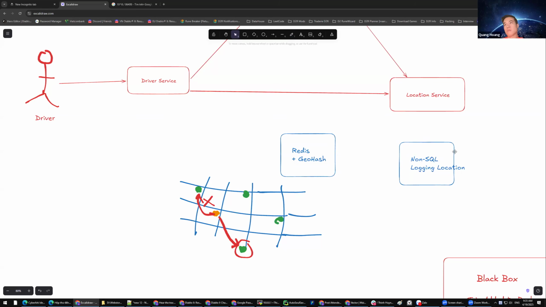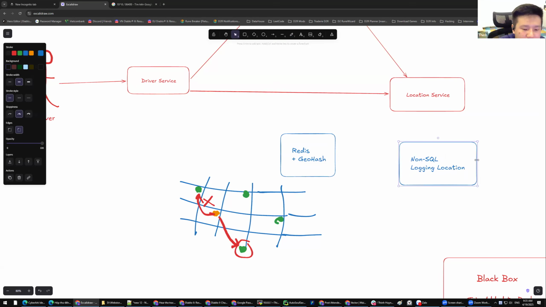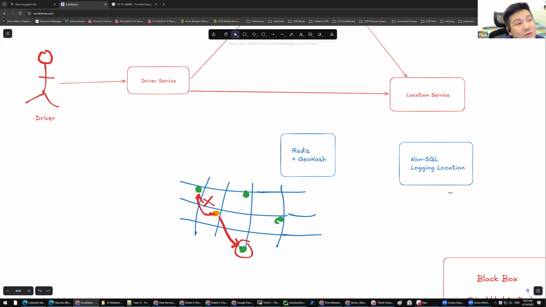For NoSQL, let's say we have two examples. We could use MongoDB or we could use Cassandra. Based on my experience, if we want really high consistency and queries using an index, it is best to use MongoDB. However, if we just want to store the locations and run a linear process to digest that information,